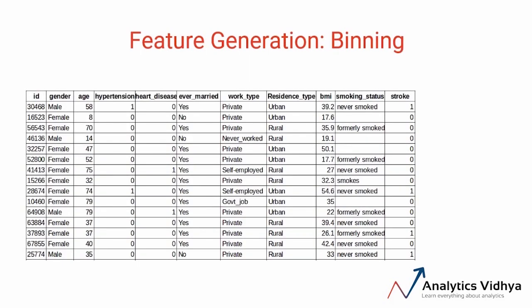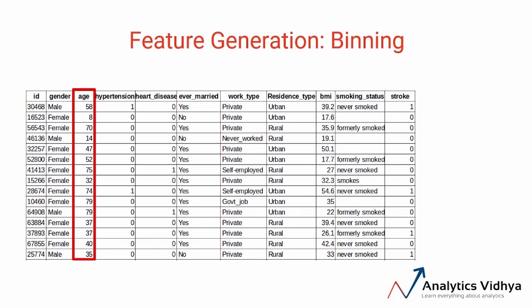Suppose our problem statement is of stroke prediction and we're given this data set. You can see that we have features like the person's age, we have gender, work type, hypertension, etc. And based on these features, we have to predict whether the person will have a stroke or not, which is essentially this column, the target variable. Now let's look at the relationship between the independent variables and the dependent variable.